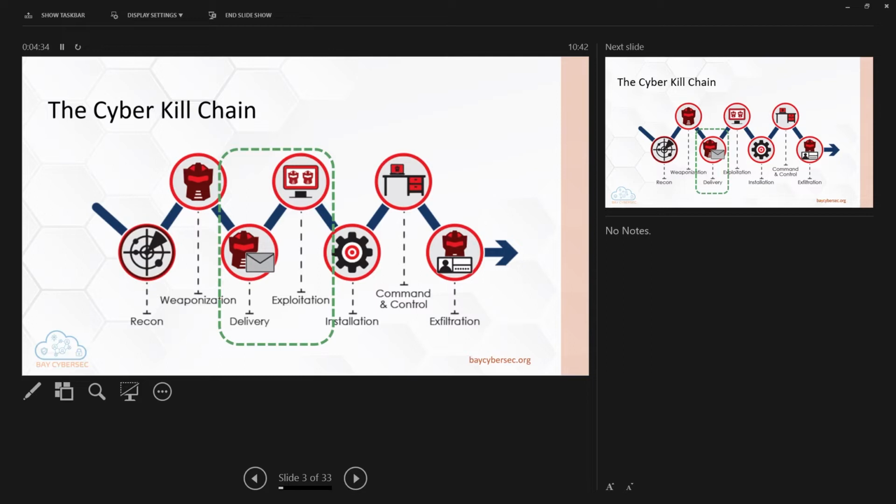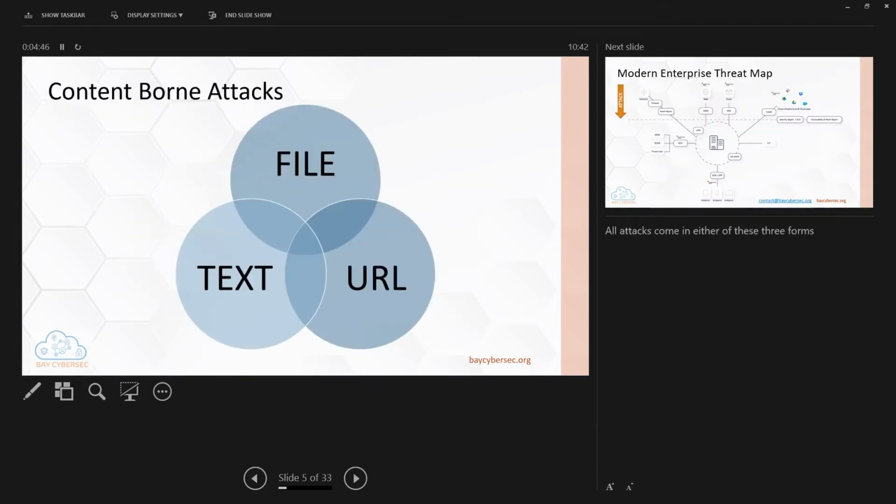The attacker then weaponizes his attack based on what he chose. What we're going to be talking about today is the delivery methods, and then a dive into the actual exploitation. Focusing on delivery, inside delivery we have a breakdown of 3 types of attacks. Data could be packaged as a file, could be delivered as a URL intended to be opened by a web browser, or as text, which is data in its form of delivery.